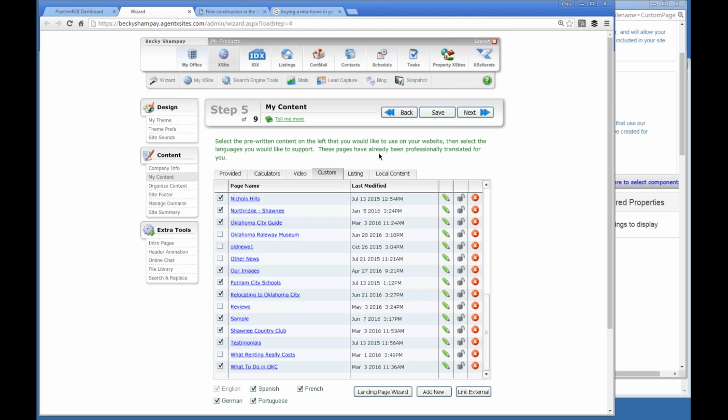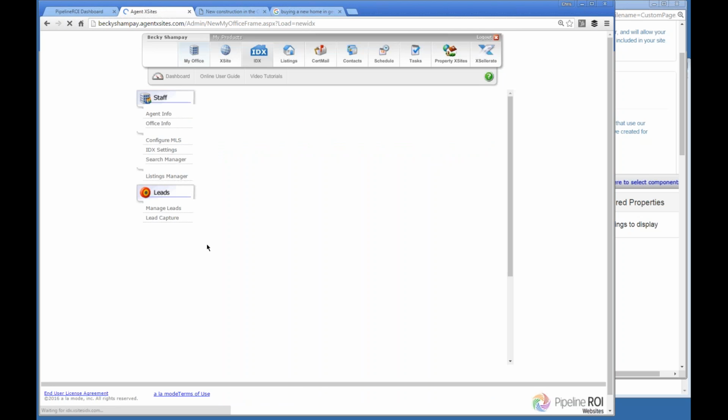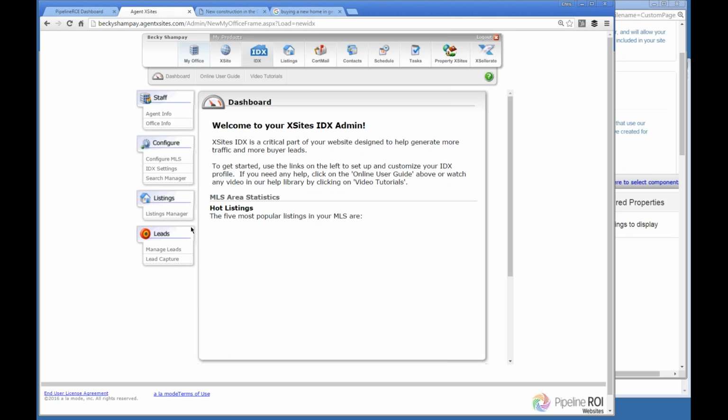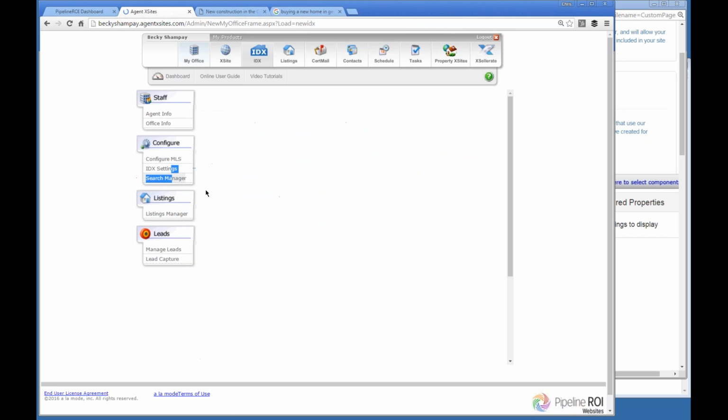Where I would also begin is if it's in certain development areas, I would create a saved IDX search. And we do actually have videos on our YouTube channel that break this down individually, so you'll see the different options step by step, but I'm just going to do one real quick to show you what could be done. So we're going to go to search manager,